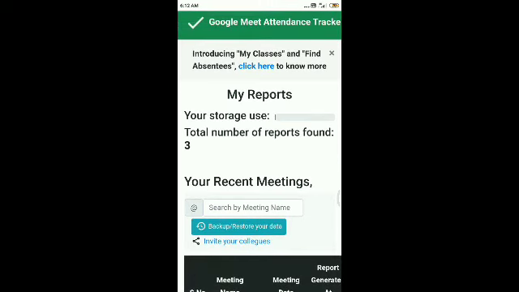Now you can see here total number of reports found 3, because 2 reports have already been made earlier and 1 of this time.